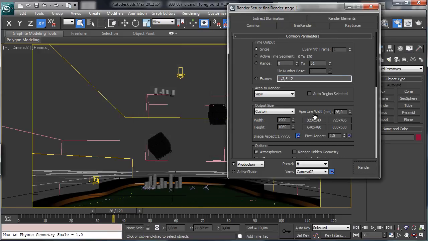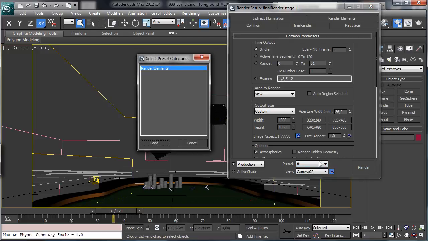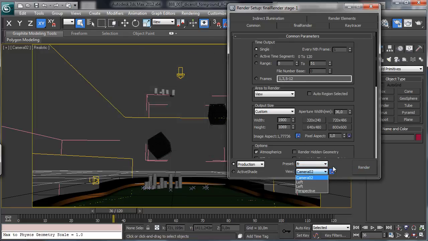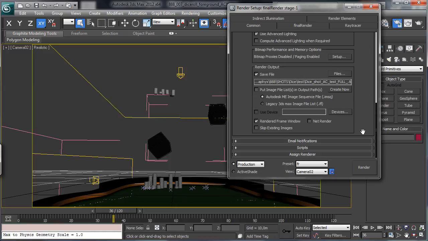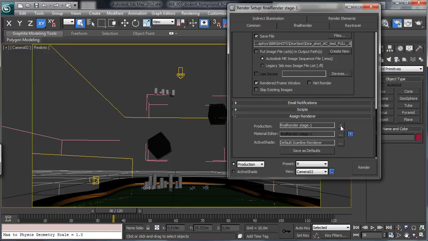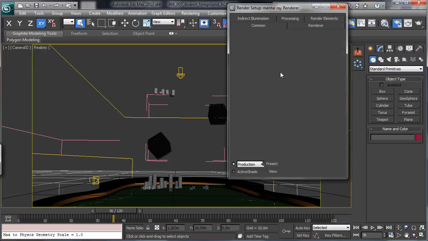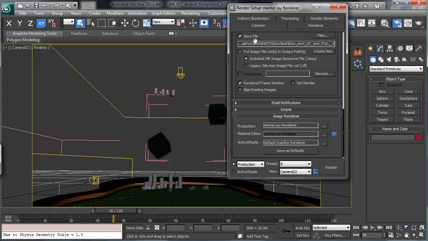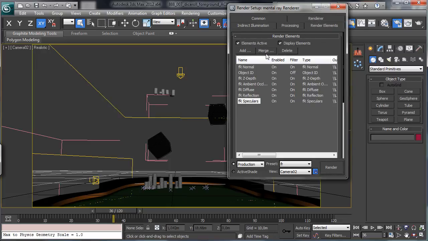And let's think about, for example, loading, to change everything. Let's think of having a scene done using mental ray. So it's different, and we remove everything from the render elements.